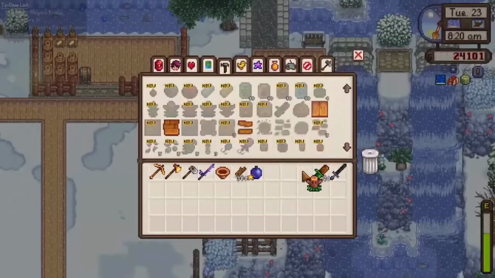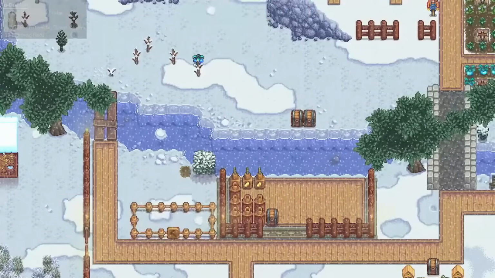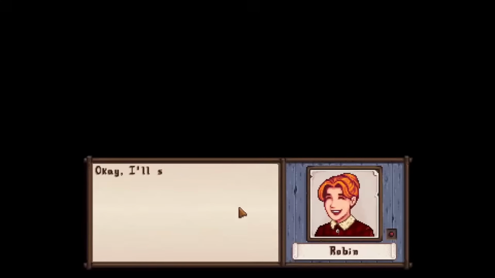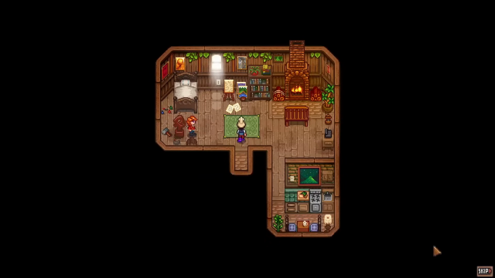We made a farm totem from an impending future event that will get us stuck, and rushed to Robin's to get a shed ordered before she headed off for her Tuesday fitness class. Gabriel bumped into us outside Pierre's, the next batch of mint was bought, and visiting Leah for her birthday got